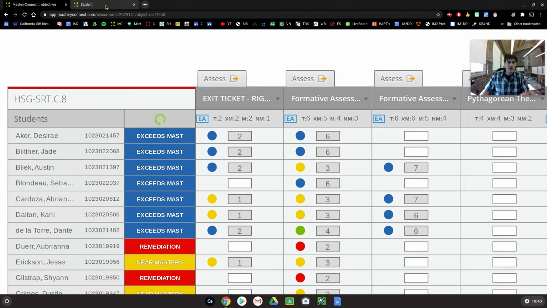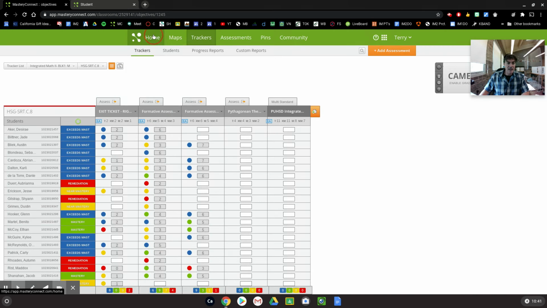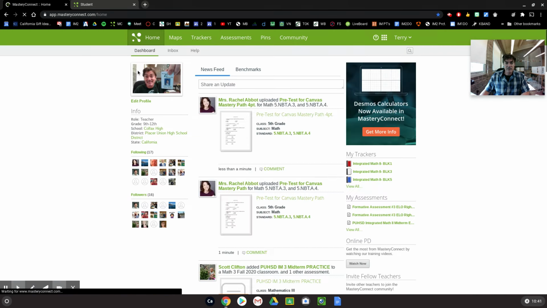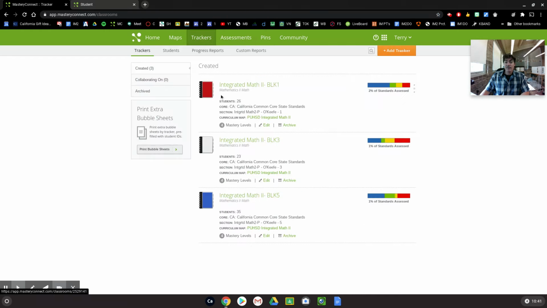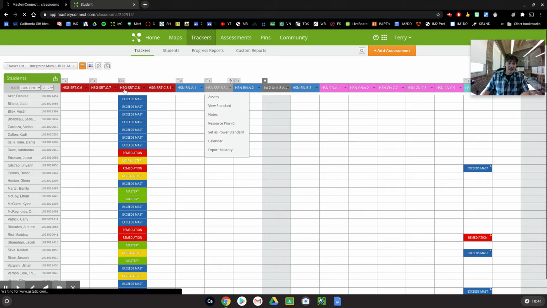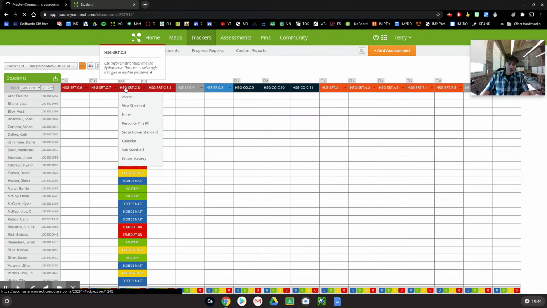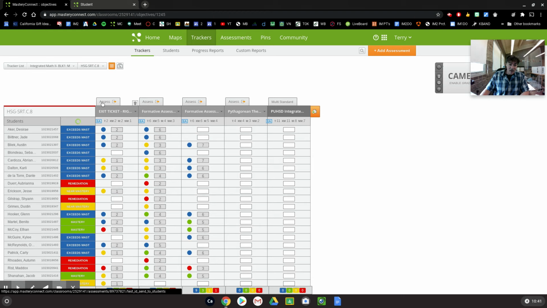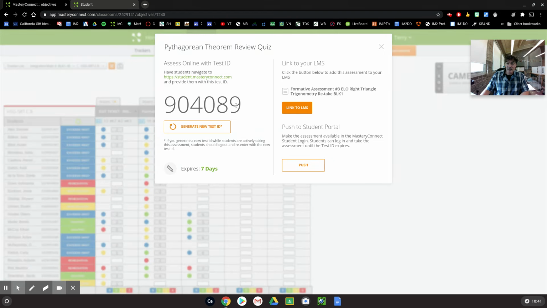So again, just to assess students from the get-go, from the home screen, I'm going to go to trackers, not assessments. I'm going to go to trackers, find the tracker or the class that I want, find the standard that I'm assessing, in this case this one for me, then choose your assessment. This one happens to have 5. Click on the word assess, highlight this portion,